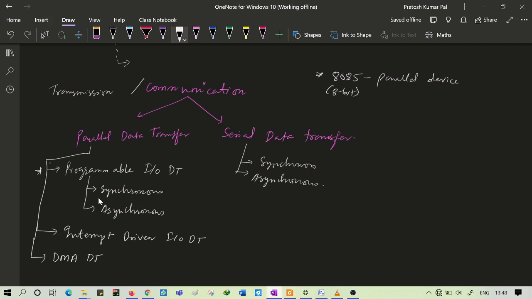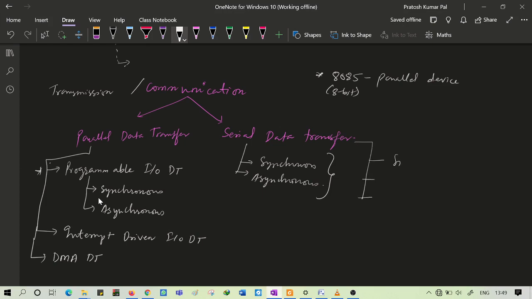Okay, so here this synchronous and asynchronous are the major types of data transmission in serial case, based on what type of data we are going to transfer. Based on how we are going to make the transmission in serial, it is further divided into three different types.